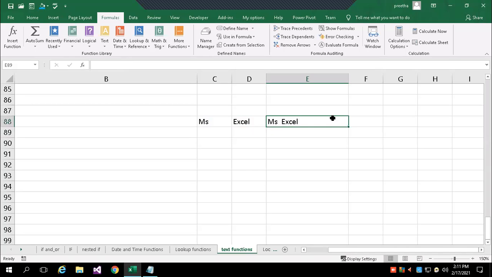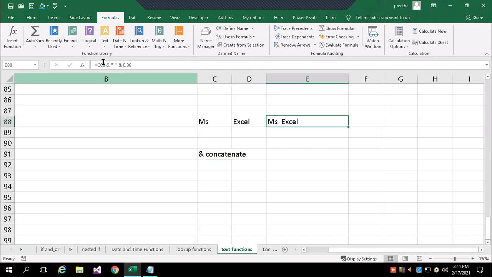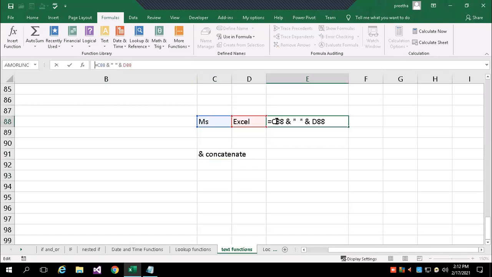So what is the use of ampersand? Ampersand is for concatenating text. Please make a note of that: concatenate, or we can say joining two texts. So in this small user-defined formula, I said equal C88 ampersand, one space, another ampersand D88.